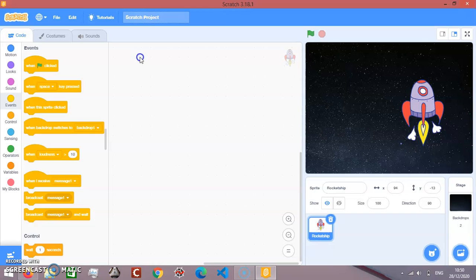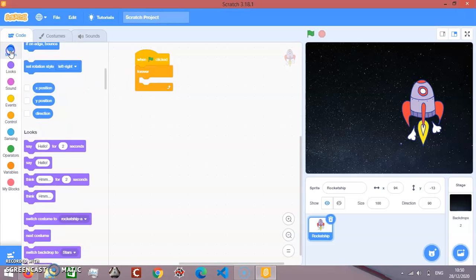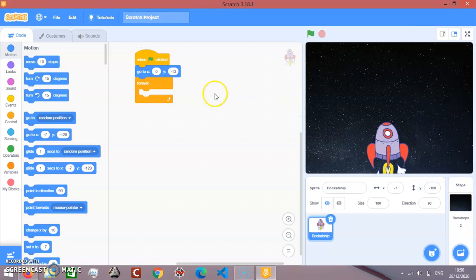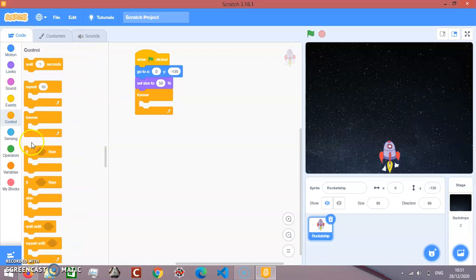We'll start with when green flag clicked. We go to forever loop. You'll go to X by 0, and then the Y to, let's say, -135. Looks, we'll set the size, let's say 50. There you go. And then go to control, if,